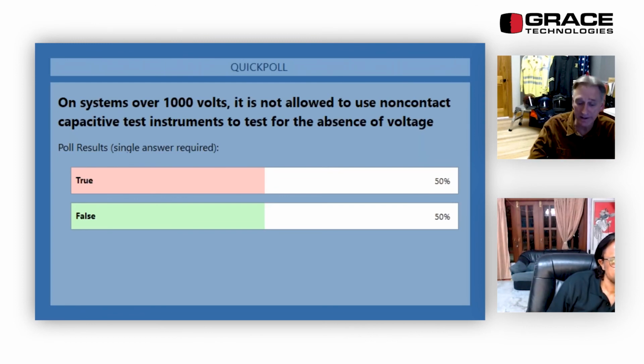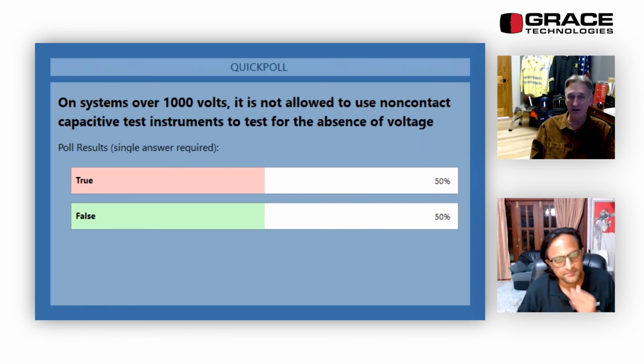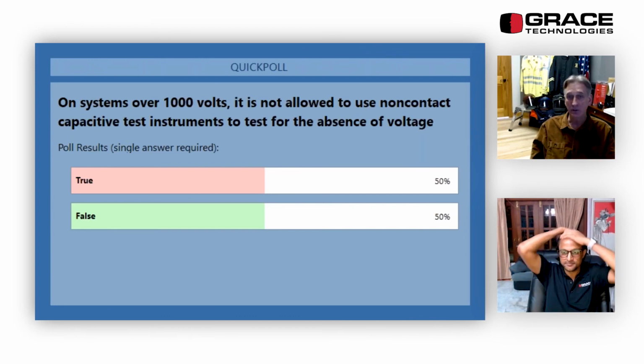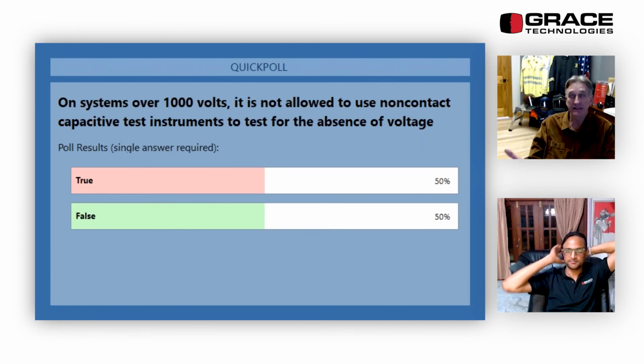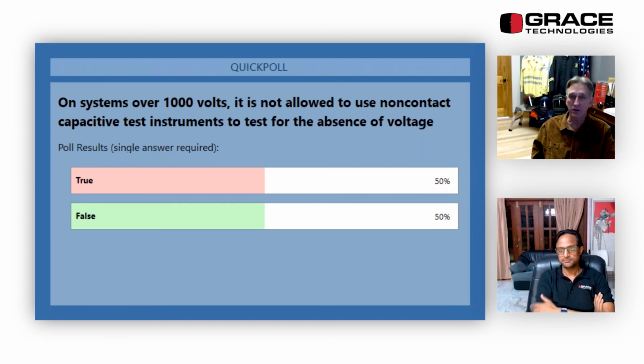Now, this exception hasn't been in 70E all that long, 3 or 4 editions now. For a number of years when 70E first came out, it didn't mention anything over 1,000 volts whatsoever. I even had emails from people going, "Wait a minute, I'm not testing phase to phase and phase to ground on a 13.8 kV system." So this was finally added, and I'm glad it was added to 70E.